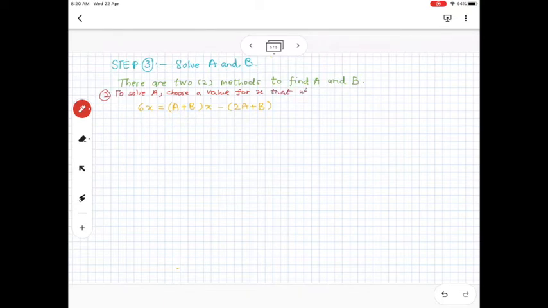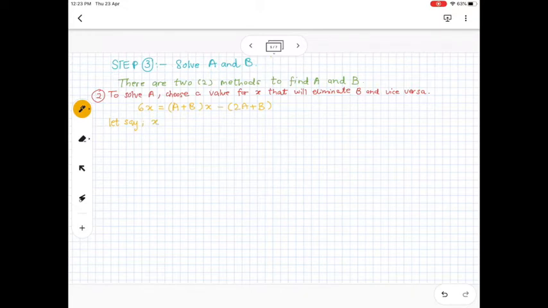And if you want to find b, you need to choose a different value of x so that a will be eliminated. Now to understand how to do this second method, let's say I pick